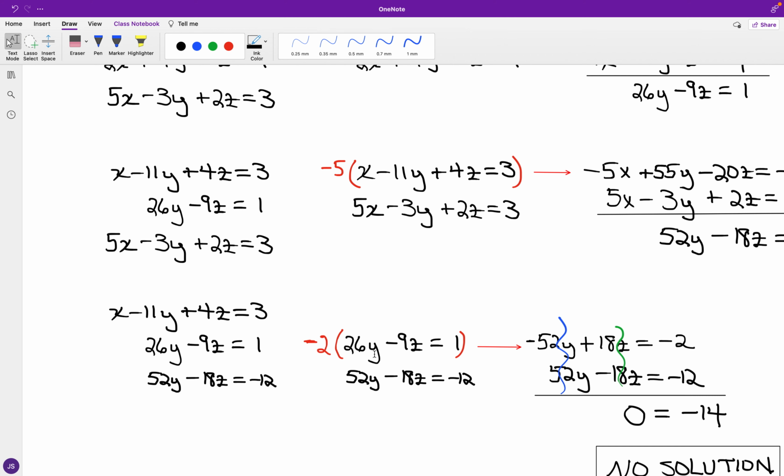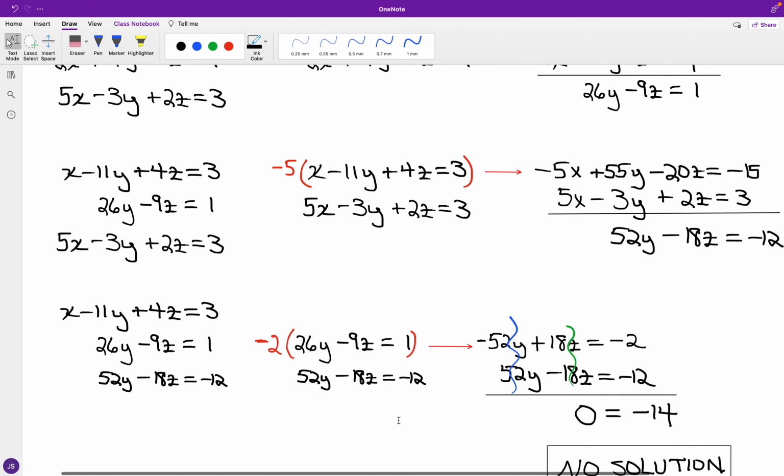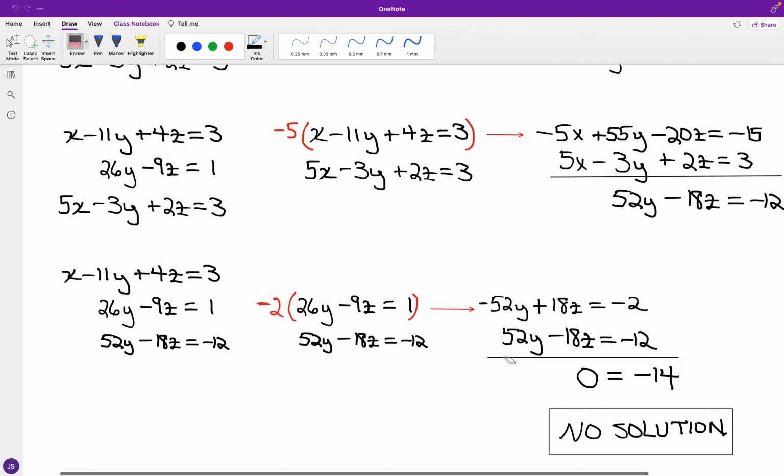Okay, so we got 26y and 52y, and if I negate the y terms, well, I got 52y from the last equation formation, and that which is going to eliminate 52y is going to be negative 52y. So changing this equation, where I have 26y, I'm going to multiply by negative 2, and multiplying this equation by negative 2, we'll have negative 52y, negative 2 times negative 9z, that will be a positive 18z, negative 2 times 1 is negative 2, and just moving the 52y minus 18z equal